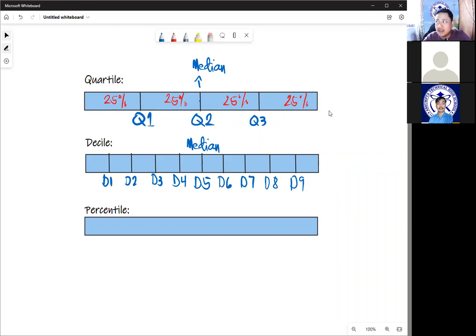And finally, for the percentile, into how many parts should this set of data be divided when we talk about percentile? Oh, this time that's very easy. Percent. Okay. And the answer is 100, or 100 percentile. Very good. So there are 100 parts for this. Similarly, just like what was presented a while ago,